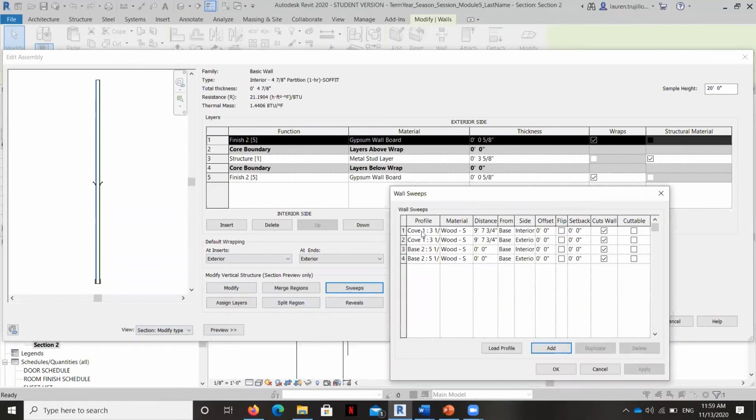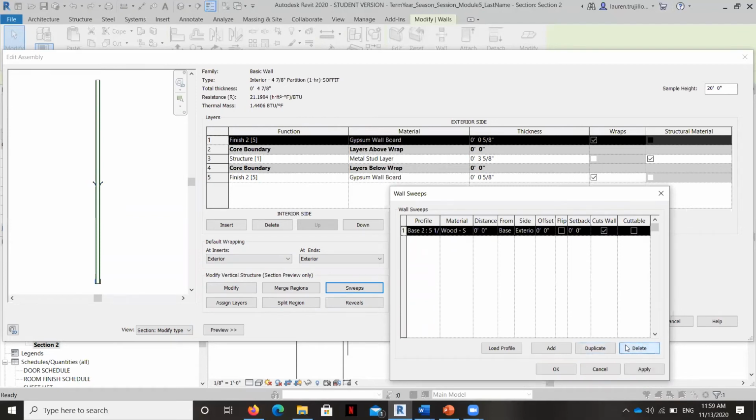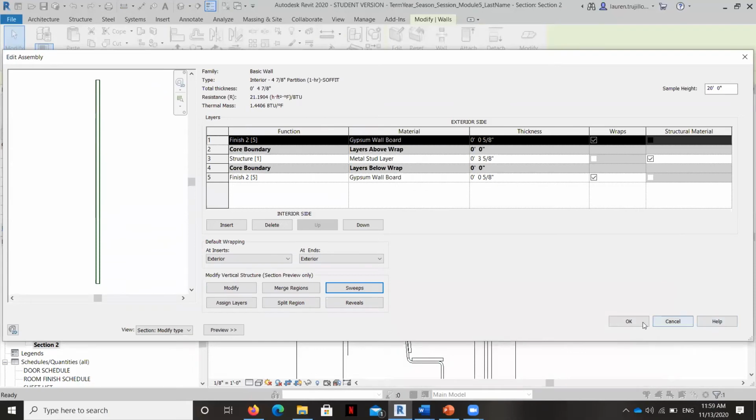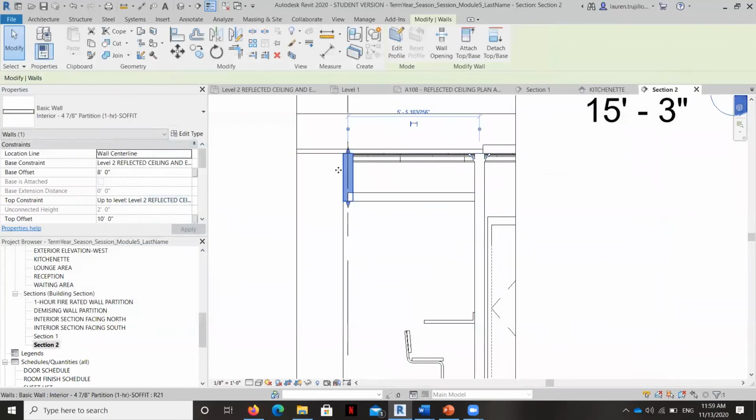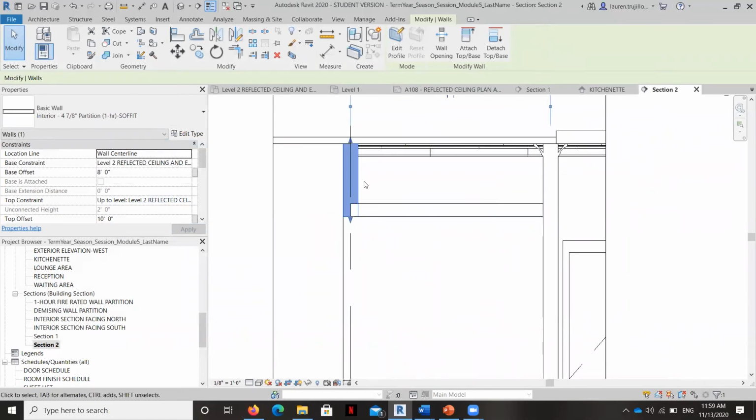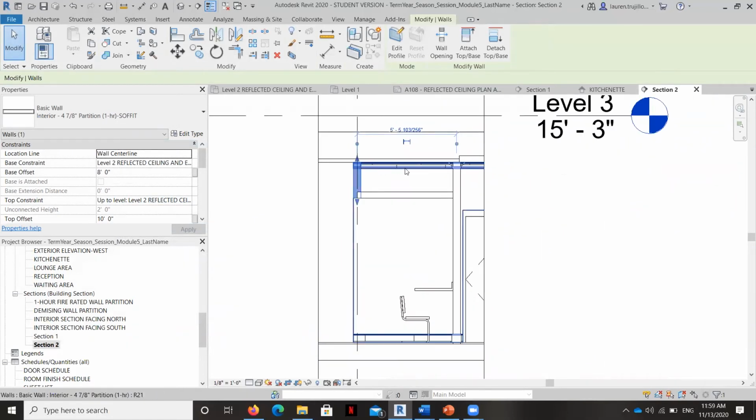And then I'm going to delete the sweeps. Okay, so there is our soffit wall, and let's take a look at it in a different view.